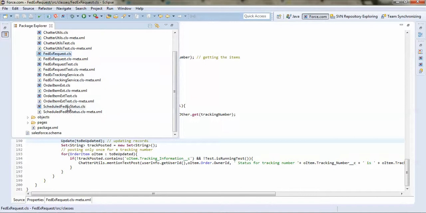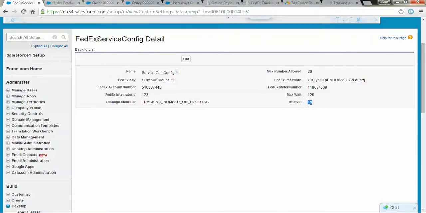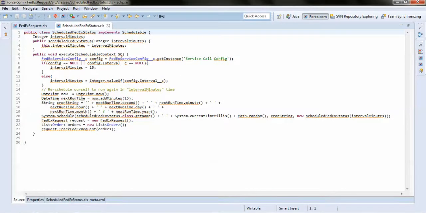As we have to schedule every 15 minutes, I made it configurable. It is coming from here; if you want to make it 10 or 30, no code change is required, but you have to abort the current job and run it again. It is scheduling from here.